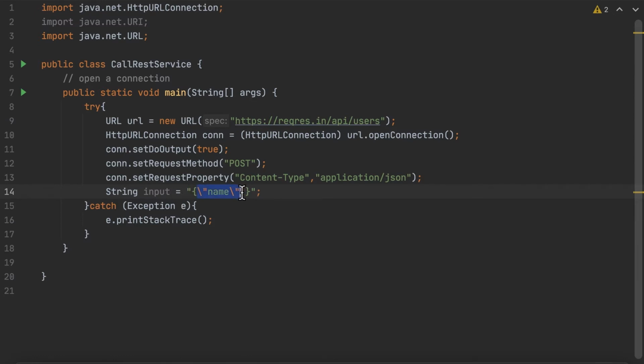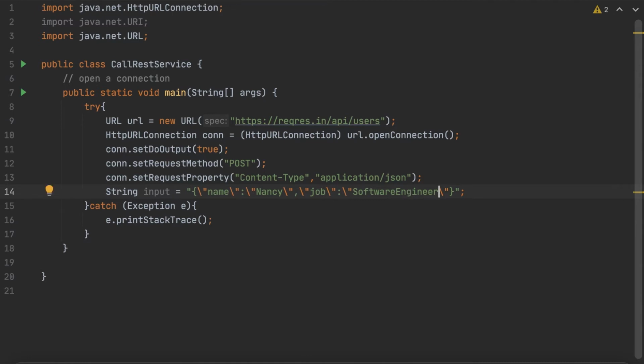So let's copy this. We're gonna follow pretty much the same thing, right? So name is gonna be, I'm gonna call Nancy. Okay, so the next thing, one attribute is done, name. The second thing is we need to provide the same thing for job as well, right? So we have to provide a comma separator here. Let's copy the same thing here and paste, and this is going to be a job, and I'm going to provide my profession as a software engineer. Okay, got it. So now we got a request in place.